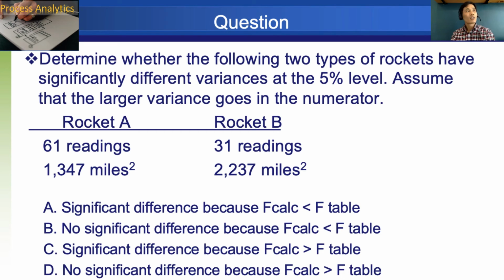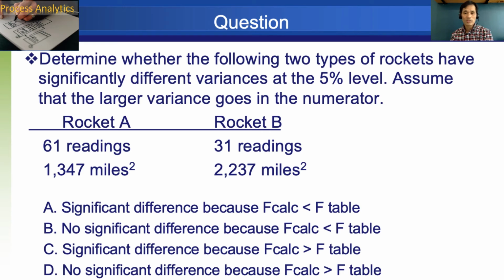So when you are comparing variances, you have to use F test. So the null hypothesis in this case is the variance of rocket A equals the variance of rocket B, and the alternative hypothesis is that their variances do not equal each other. And you have to calculate the F statistic, S1 squared over S2 squared, and it is a two-tailed test, and